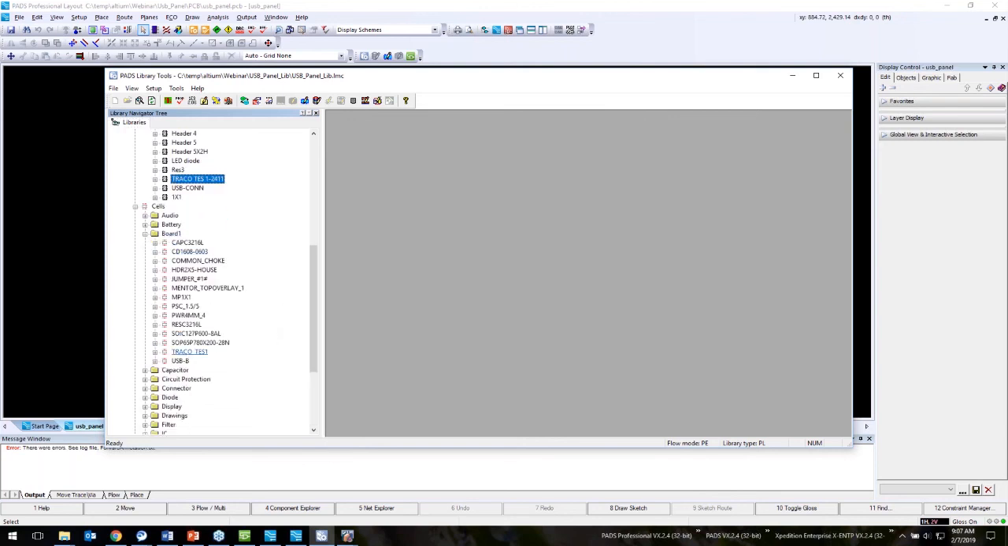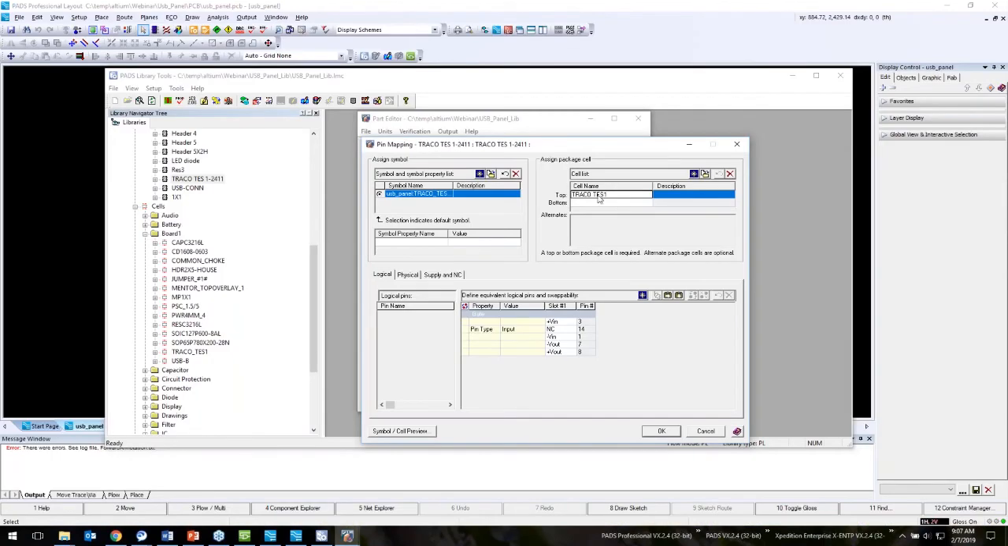There it is. Traco test 1 has an underscore. So it looks like in Altium, it probably had a space, which was renamed to an underscore. And for some reason, that did not come through on the translator. So it still has a space in there, which doesn't exist in our central library. So we're going to go ahead and replace that